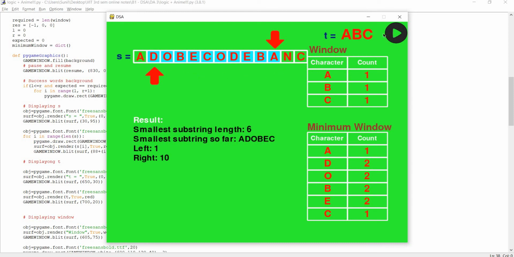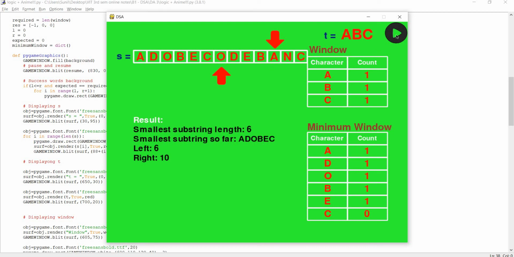Now when we slide, it's still valid, because we still have A, B and C. That's why we are sliding. It's still valid, still valid. Now it's not valid, because there was only one C in the previous substring, and now we have removed it. So now we have only O, D, E, B, A, which doesn't contain C. So this is not a valid substring. This process keeps repeating. This is a linear time complexity program. With the remaining part of the word, you'll see that there will be one of the shortest substrings which will contain all three letters A, B and C.